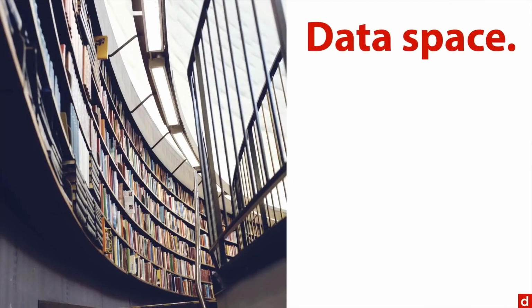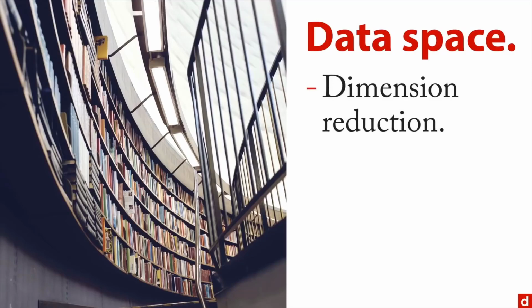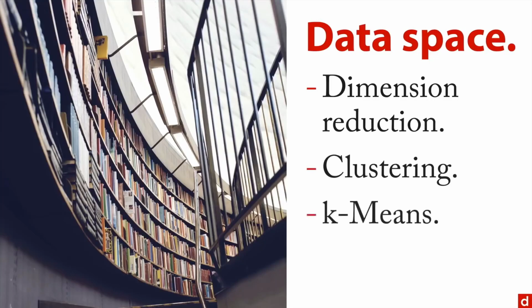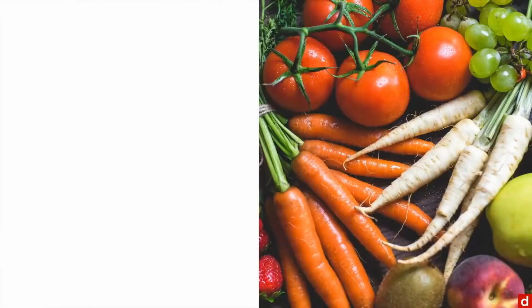So you can, for instance, take a whole lot of data. We've got tons of books here. And then you can reduce the dimensionality. That is, take a very large scattered data set and try to find the most essential parts of that data. And then you can use these methods to find clusters within the data, like goes with like. You can use methods like k-means. You can also look for anomalies or unusual cases that show up in the data space.